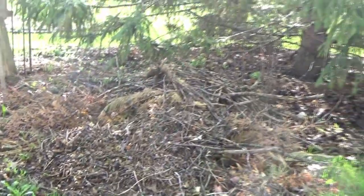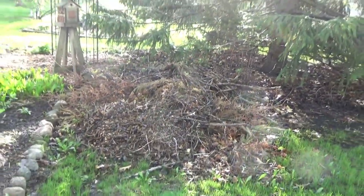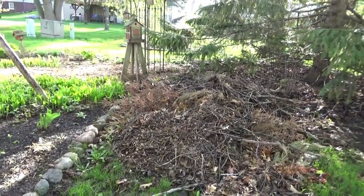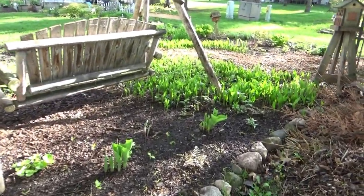See, this is where I had put all of just my brush to go to the dump site, and since then I have not been able to get there due to weather, storms. This is a mess back here. I feel like it looks like a beaver dam. So, yeah,